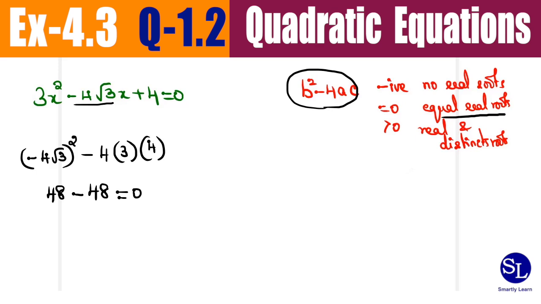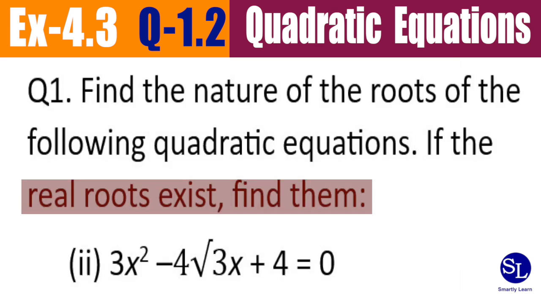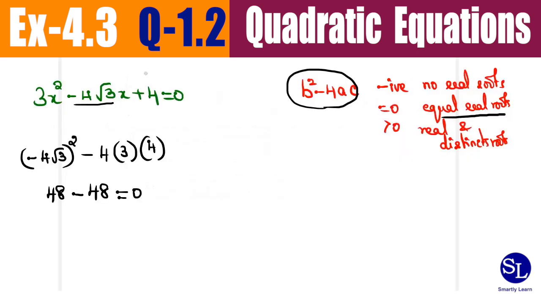Now, the question also stated if you have real roots, we are supposed to find the value. So now the next step is to find the value of the two real roots. You need to understand this can be done by two approaches. One is factorization, other is using the formula method. So for now, I'll show the factorization method. Once that's done, we will also see how to handle it through formula.